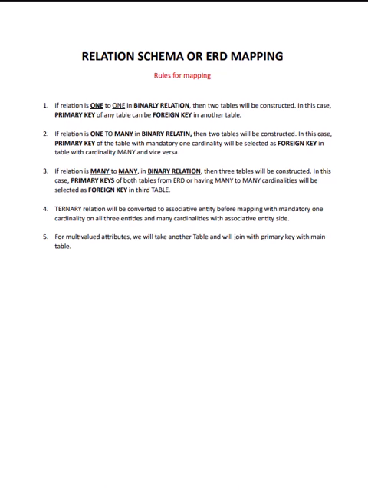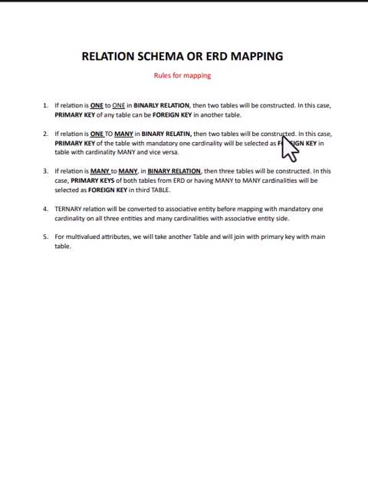Suppose we have a student, and student is assigned a laptop, and there is a one-to-one relationship. So we can either select student ID as a foreign key in laptop table, or laptop ID as a foreign key in the student table. Now if the relationship is one to many in a binary relation,